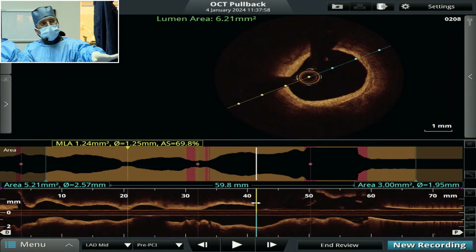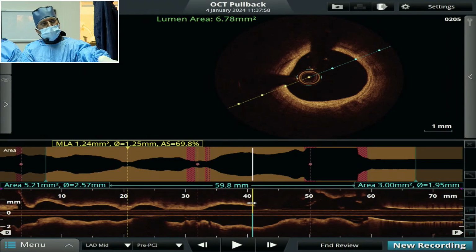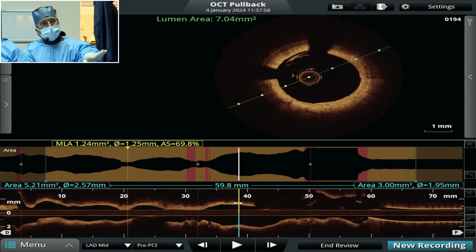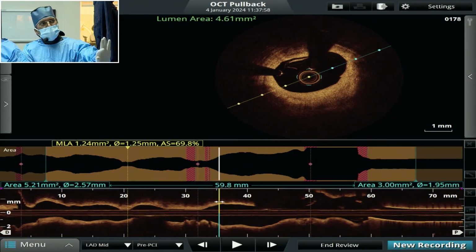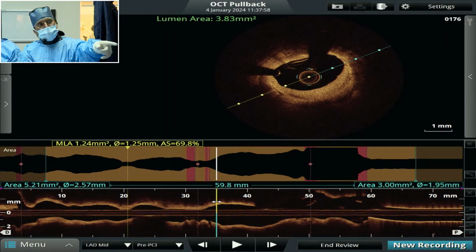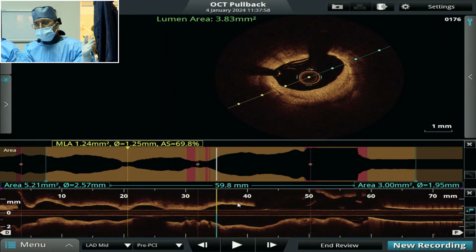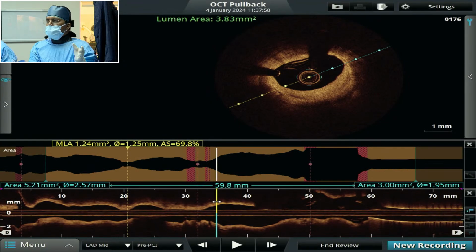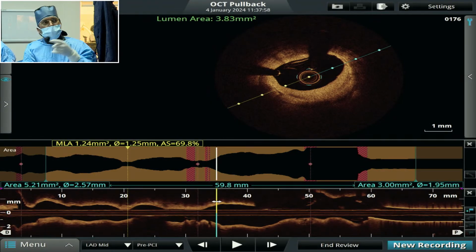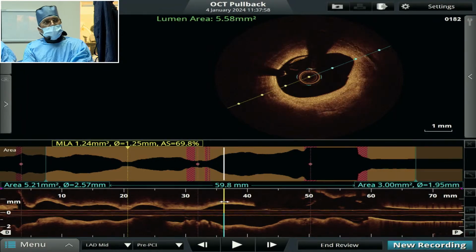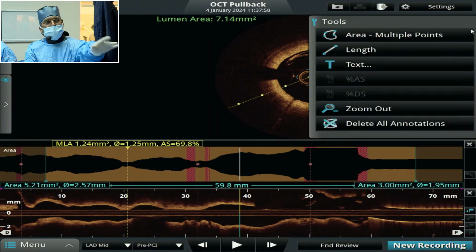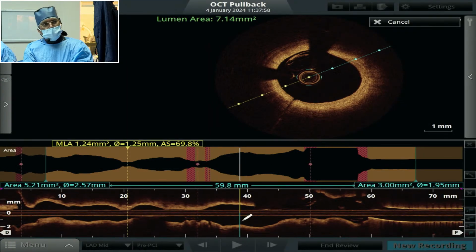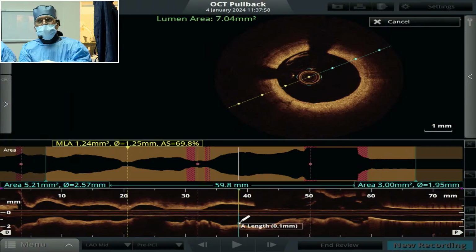move, 5.9, move, 6.2, good, no need to intervene, 7, no need to intervene, 6.3, 5, now you see here plaque started, 3.8. We will take the landing zone 5 mm proximal to the disease segment, then 5 mm come towards the left main from here. So here we will take the landing zone, freeze, this is the proximal landing zone, then from there we will go distally,